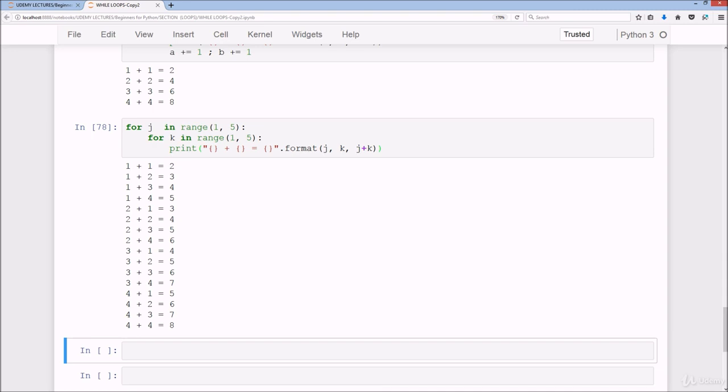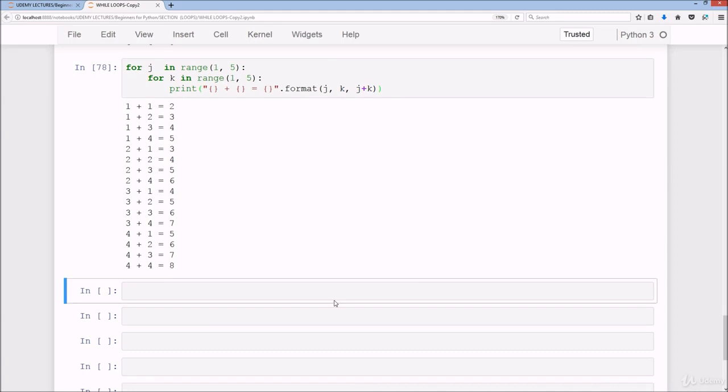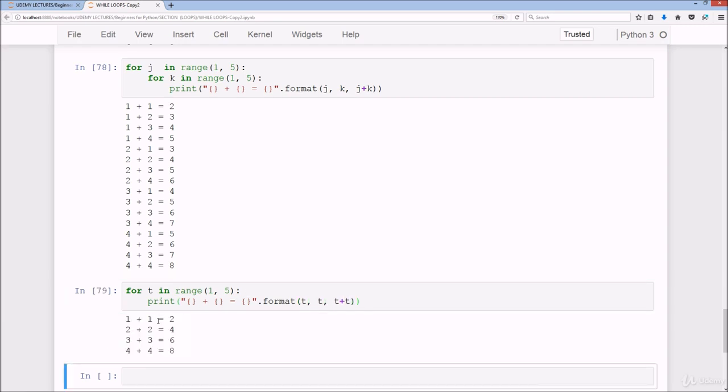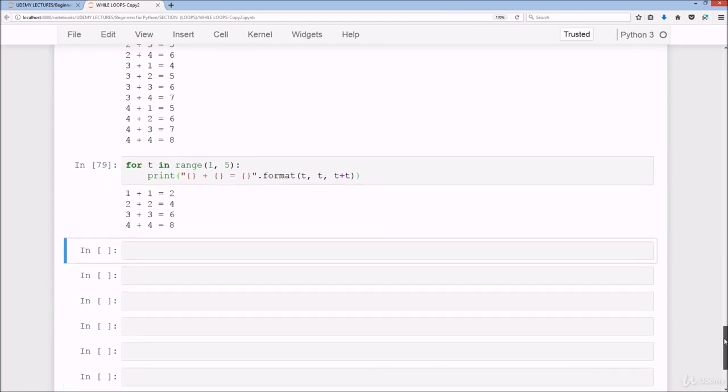So what we can do instead is for t in range 1 to 5: print plus dot format t plus t. Great. So as you can see here, we don't need to really use a nested for loop. Okay. And then let's say we do,